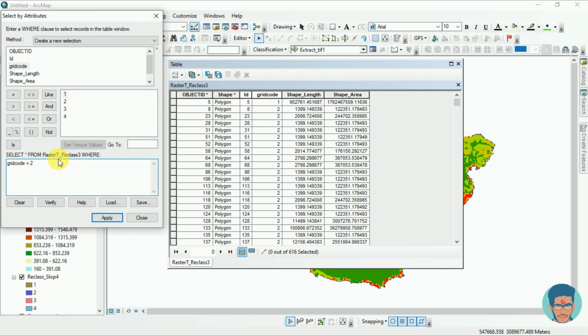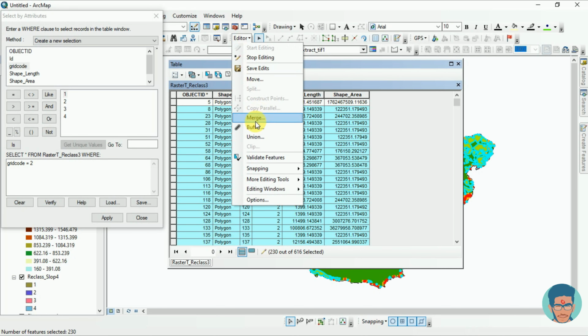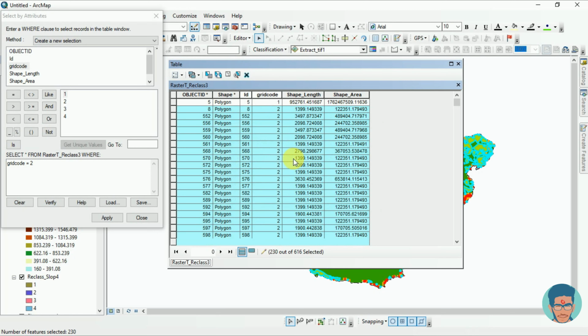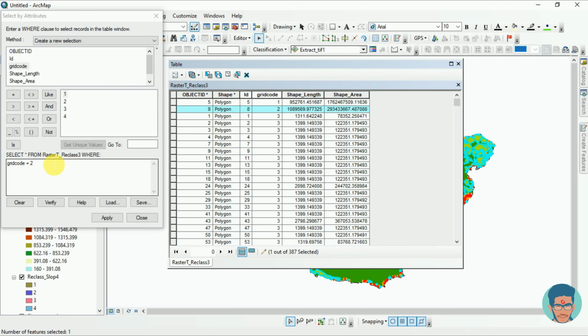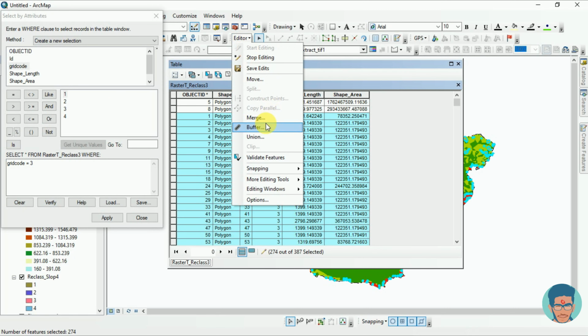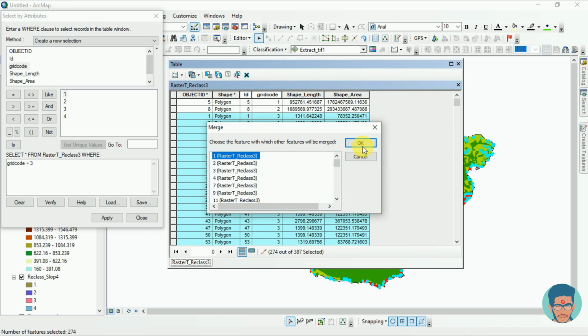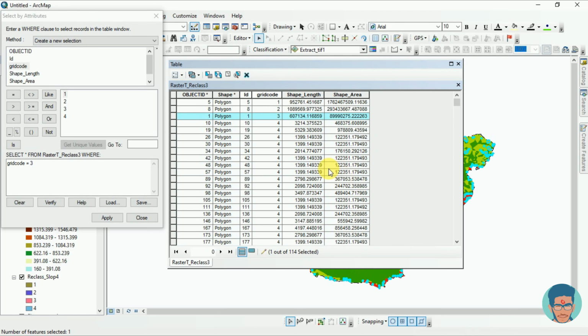You have to get it unique value, apply, then you have to get merge and click OK. Similarly, you have to do 3, apply, merge. You are gonna merging your area denoted by the Greek code 3, and now this is our final Greek code,